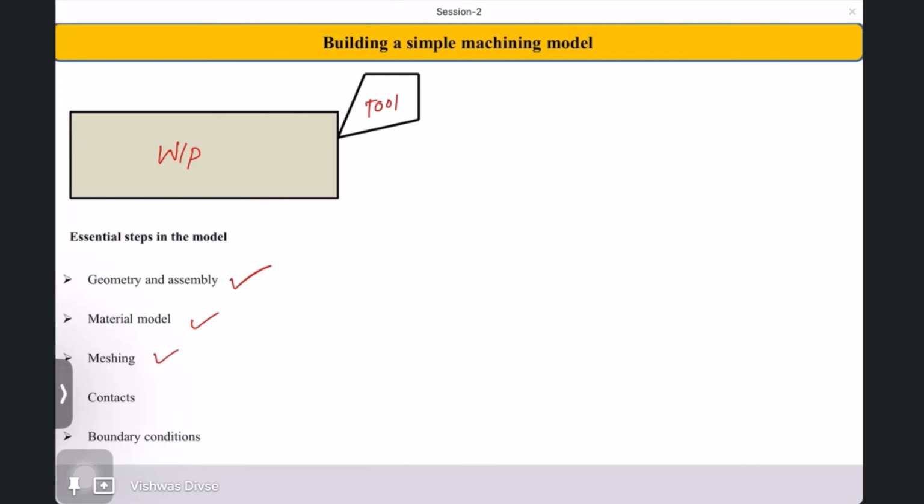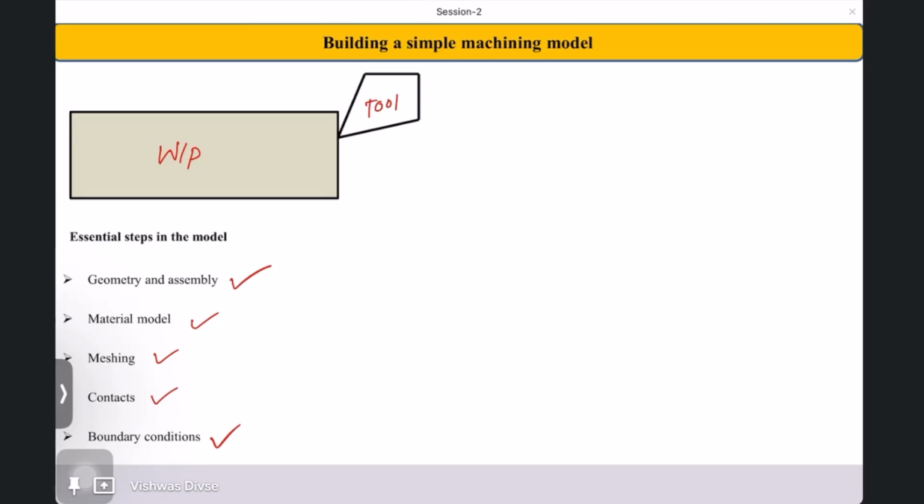Then appropriate meshing techniques, appropriate element types, its shape, its size. Then, as this is a machining process, the cutting tool will essentially have contact with the workpiece. So what type of contact formulation, which surfaces are going to be in contact, I should understand that. Boundary conditions: maybe process parameters like cutting velocity or initial temperatures, and fixing the workpiece, all come under boundary conditions. So basically, I should have knowledge of these five things